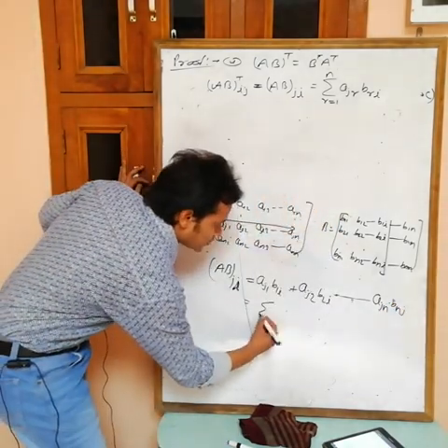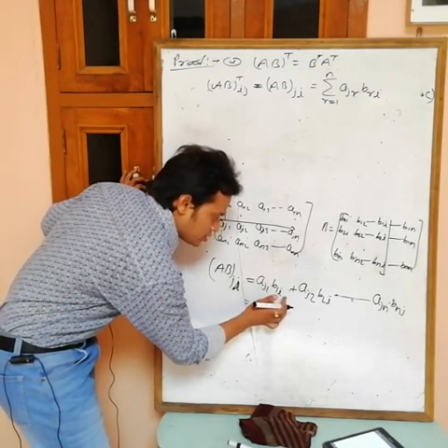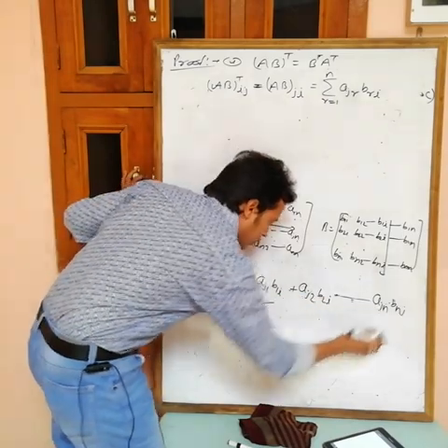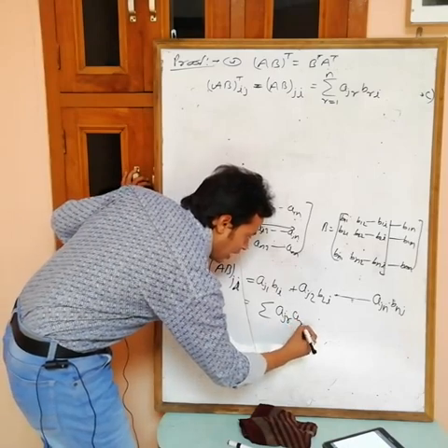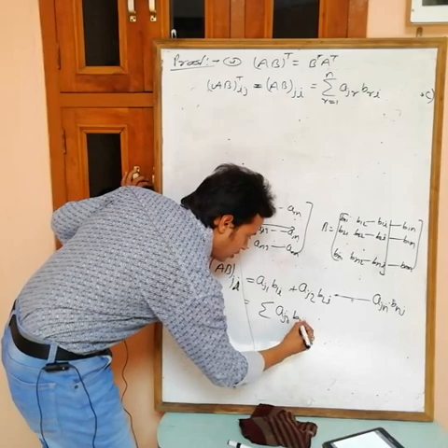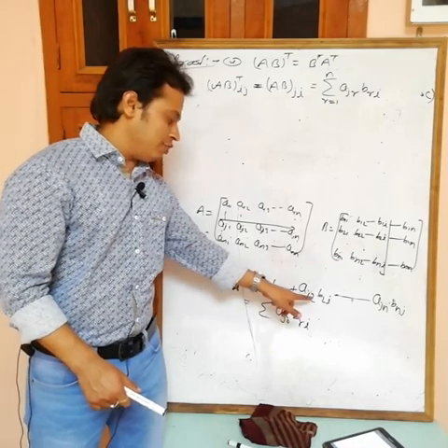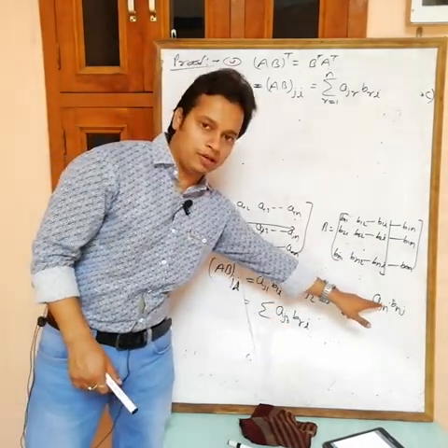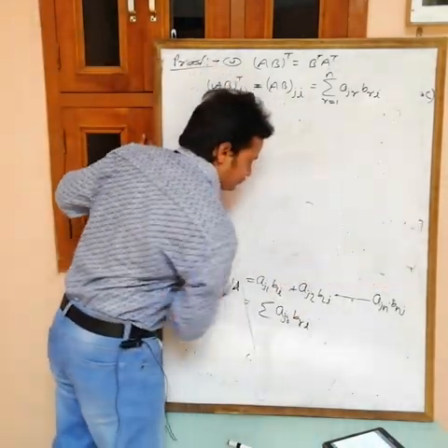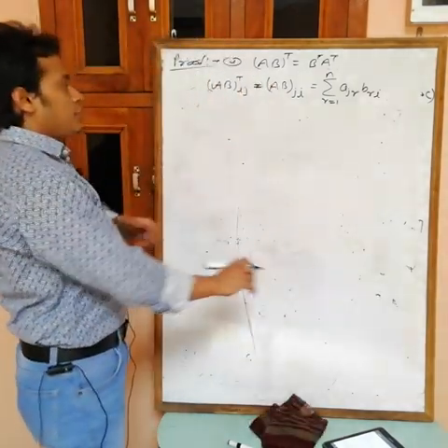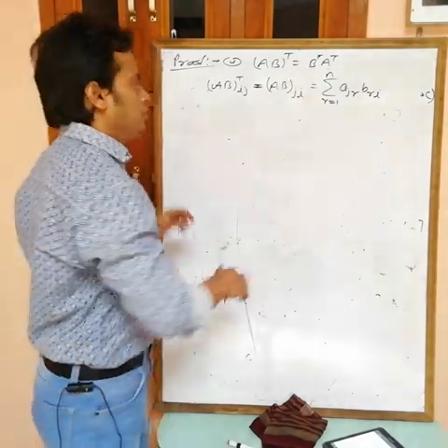Then we can write this in terms of sigma. Here j is fixed for A, and for B the second index is fixed, i. So it is Ajr and Bri. If you put r equals 1, you will get the first one. If you put r equals 2, you will get the second element. If you put r equals n, you will get the last one. So this can be written in this form. So the jith element of A into B is equal to the sum of products of these elements.